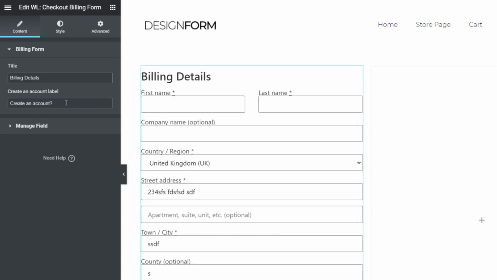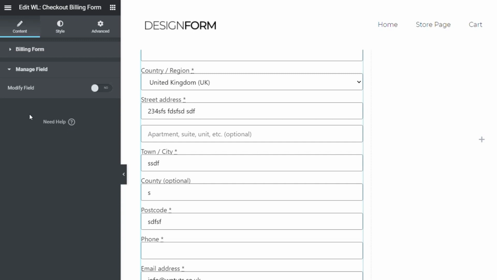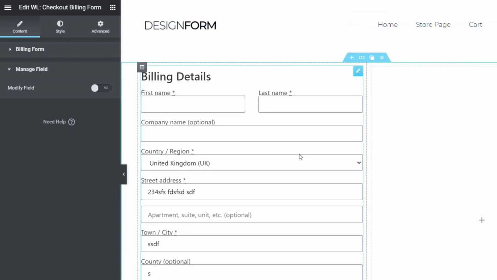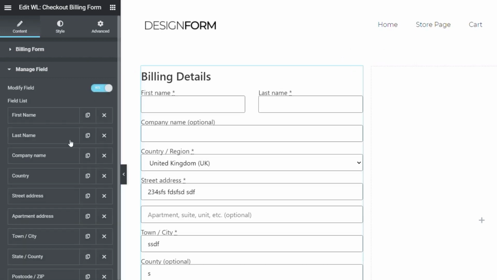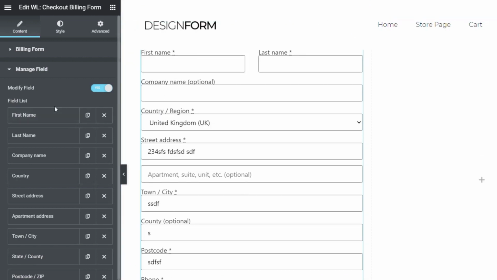You've also got create an account label. So there's an option as part of WooCommerce to allow you to create an account if you don't have an account already. And this is where the meat and bones comes into this section, is the manage fields. Now, you can see by default, this is disabled. So what you're getting is just the standard WooCommerce fields. If we enable that, you can see nothing changes on the screen itself,